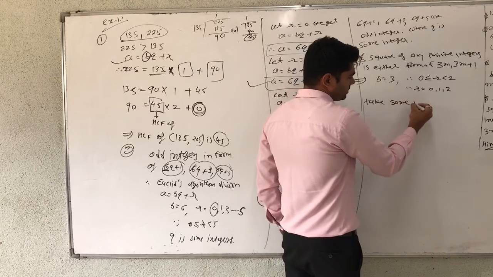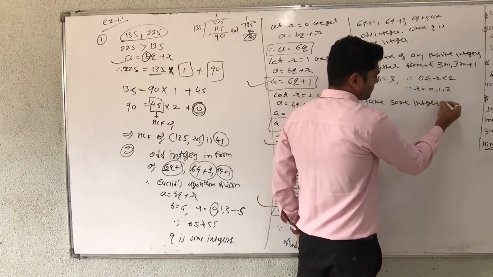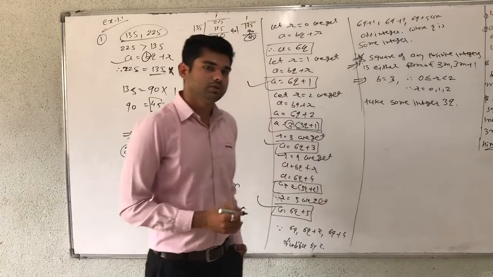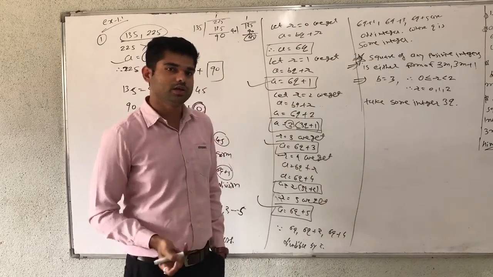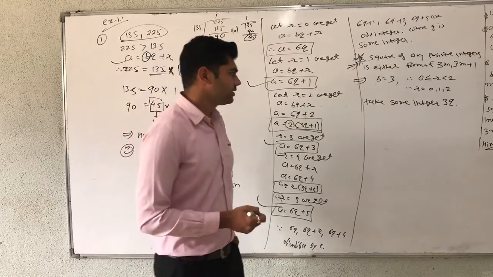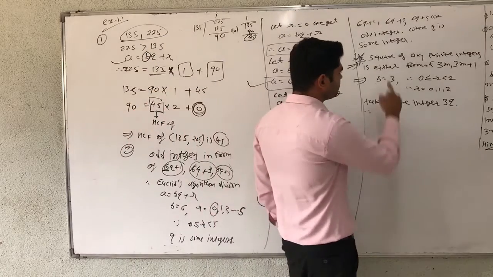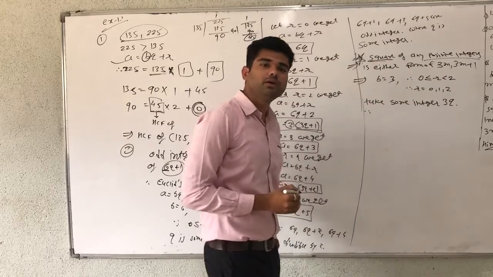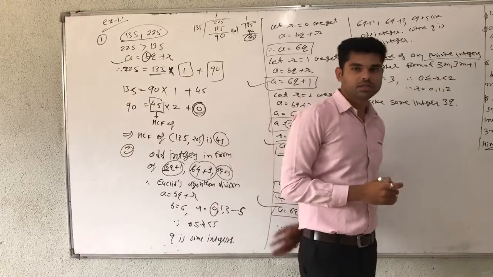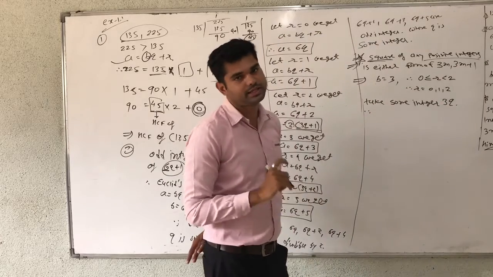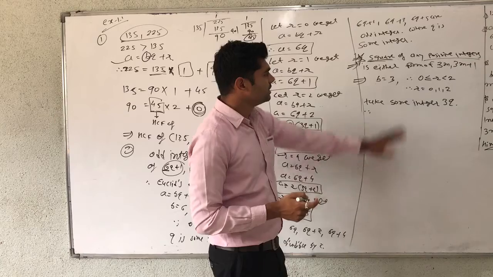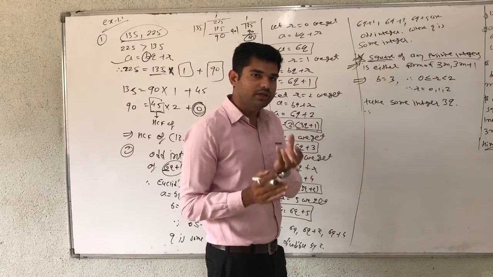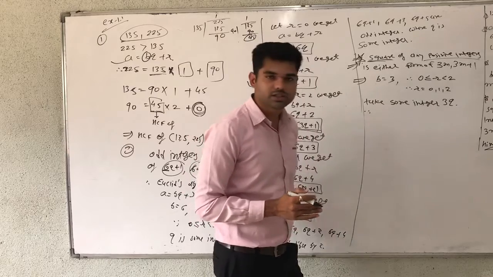Now take some integers in the form of 3q, because we are given 3q, 3q plus 1 and 3q plus 2. First, we have to take the square of any positive integer and prove it is of the form 3m plus 1. So first, we take some integer 3q.